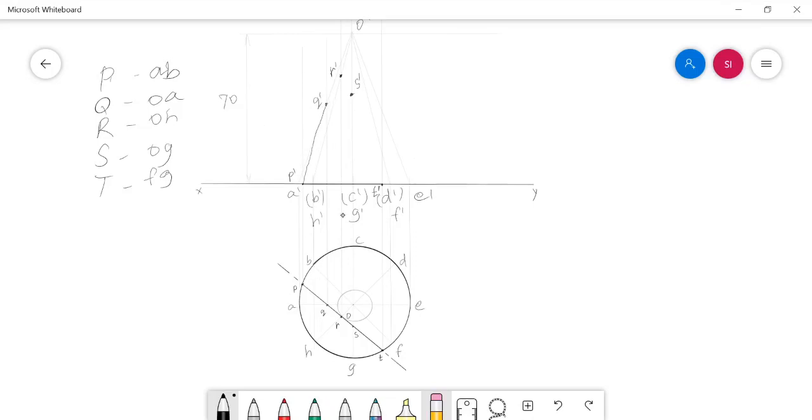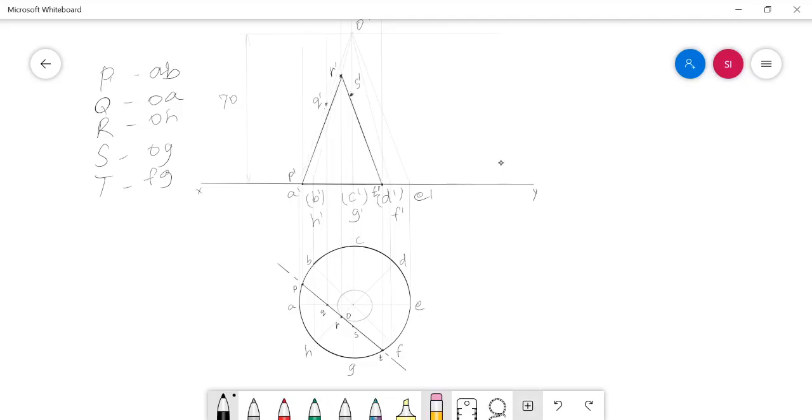At the same time, if I am supposed to connect two cut points which are both obtained within the generators, that is Q in OA and R in OH, these two cut points are obtained in the generators only. If I connect these two, then I need to connect them with a smooth curve only. At the same time, to connect R and S, I need to use a smooth curve only. And to connect S and T, that is the cut point in the generator and the cut point in the base, I need to use a smooth curve.